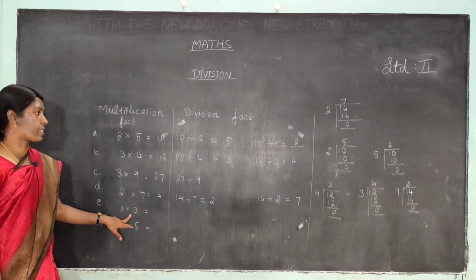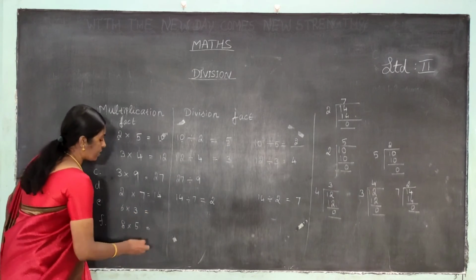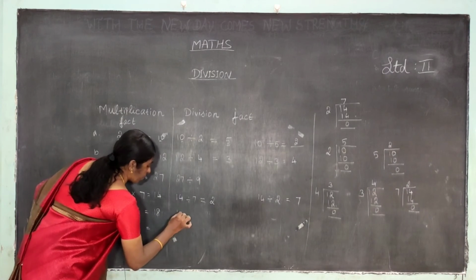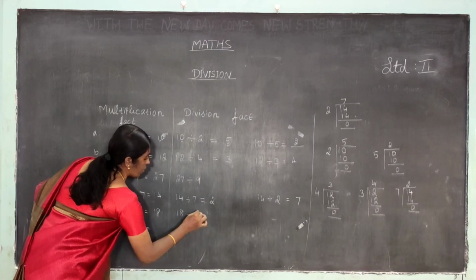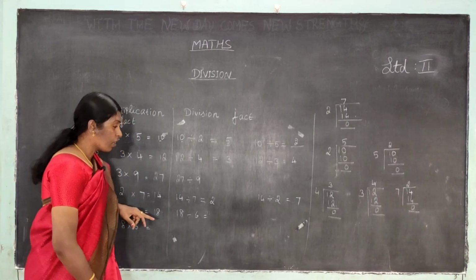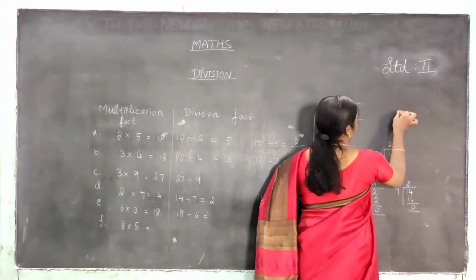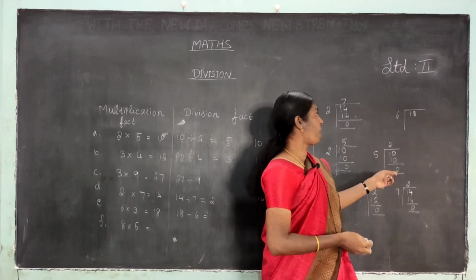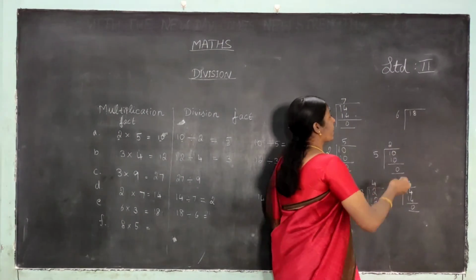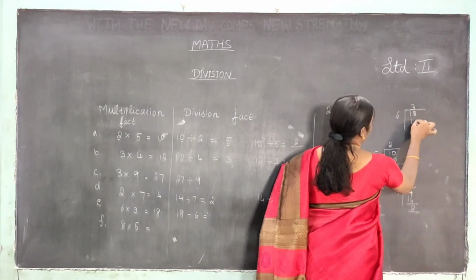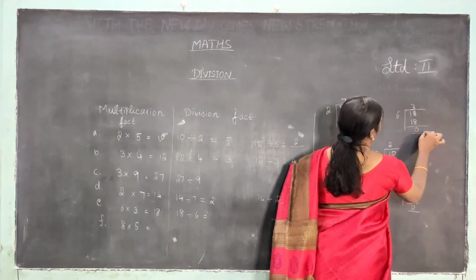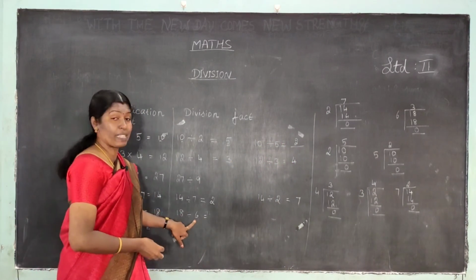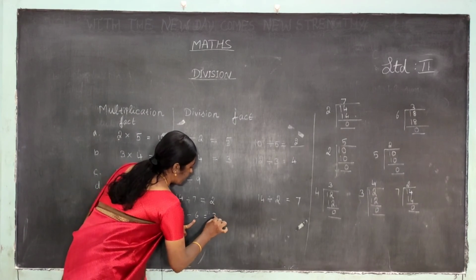Here you see, same thing. What is it? 6 3s are what? 6 3s are 18. Okay. Now we are going to divide 18 by 6. Okay. Tell the 6 table. 6 1s are 6, 6 2s are 12, 6 3s are 18. So we write the quotient here on 18, and what is the remainder? 0. But what is the quotient here? When 18 is divided by 6, here you see 3.